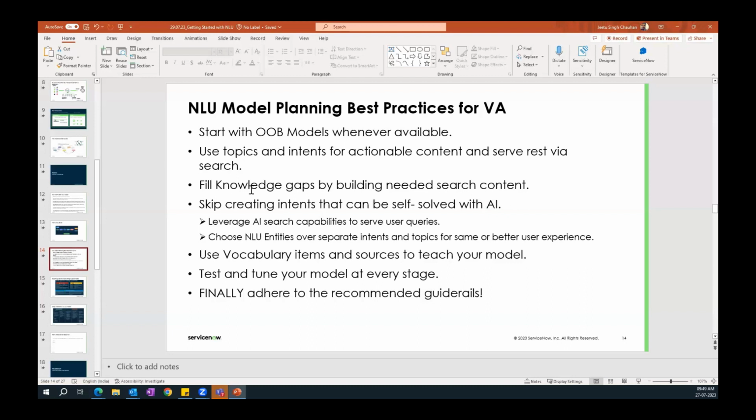Always try to see the knowledge gaps, insert content. Always try to define intents, so that the model can start predicting the right intent, and with the help of utterances, try to choose NLU entities over separate intent. You can use the vocabulary option that we have.